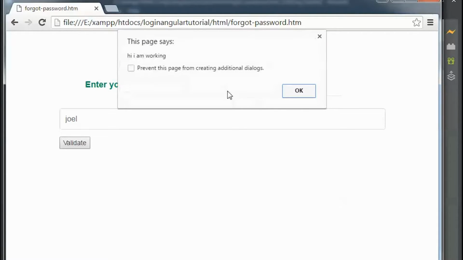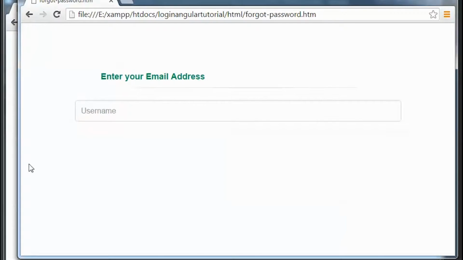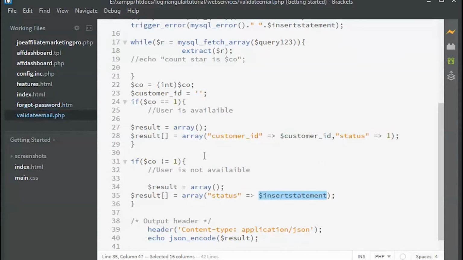So in case we are able to get the response, but I'm not sure. I'll show you how to see. Since there was an error, we have got the select statement. Let's open the file again. I told you that I am just showing the insert statement, right? Like when there were no rows selected, when the count is not 1, I've shown this insert statement basically.